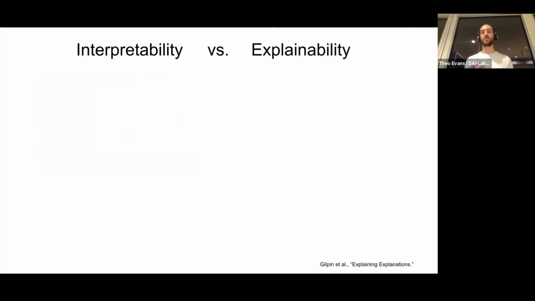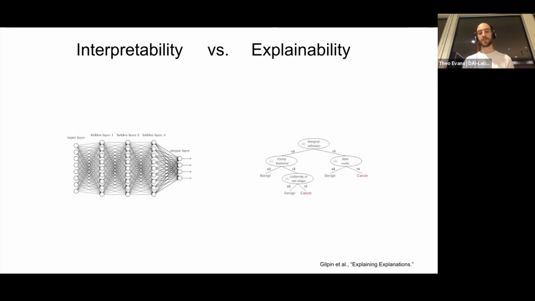Now, two terms that are often used in the context of explainability are explainability and interpretability. And there is still some lack of consensus as to where we draw the distinction between these. They're very often used interchangeably. I would like to define, or at least propose, some kind of distinction between these. This is also partly based on the Gilpin paper, Explaining Explanations, which is quite widely cited within this field. And if we think of the